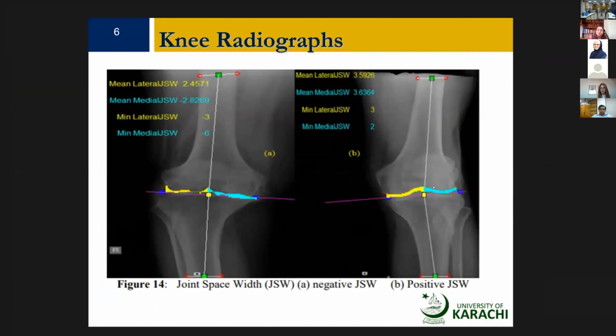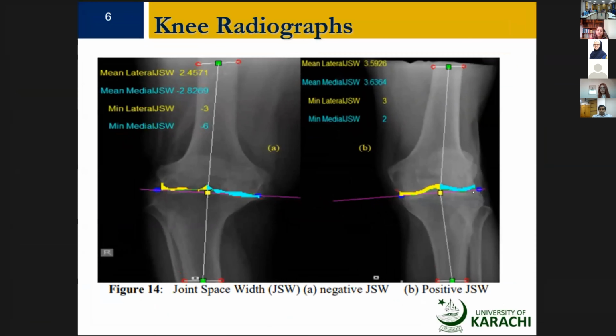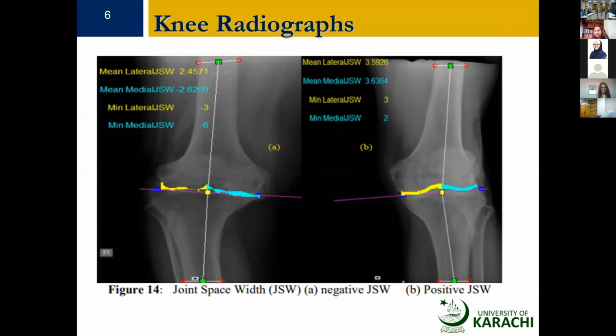So this is another piece of work. This is the software which I developed on my own, in which I simply started with the idea that all the mothers and the women in our houses offer prayers by sitting. So mostly they have knee problems in which the gap is reduced. So I applied basic mathematics and image processing to measure the gap between the knees and to grade at what grading of osteoarthritis we can assign to these images, so that the medical imaging reporting can